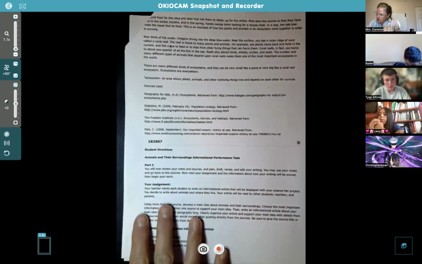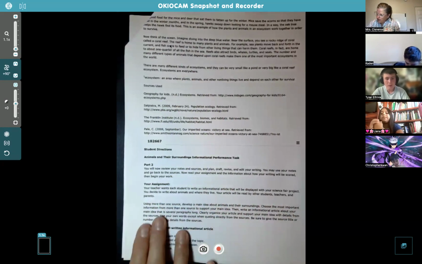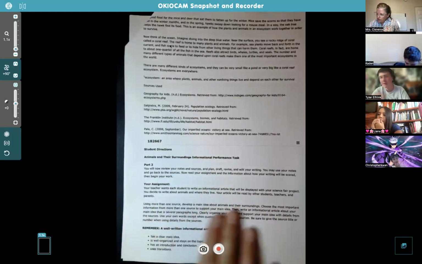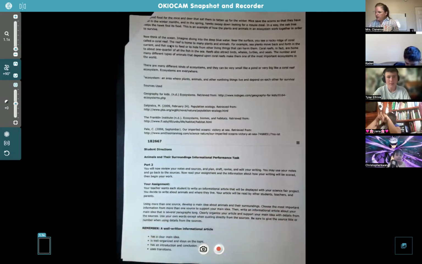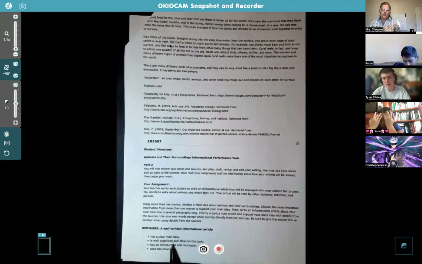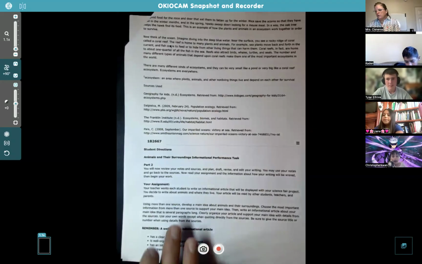Okay, and it's just explaining a little bit more here about choosing the most important information. You guys already know how to do that because you do keyword outlines, and that's forcing you to look for interesting and important information. And then it goes into how to grade it, how they grade it. I'm not going to worry about that because that's just going to take up too much time. If you want to read that later, you can, but you don't really need how they're going to grade it. You guys know what to do with your writing.